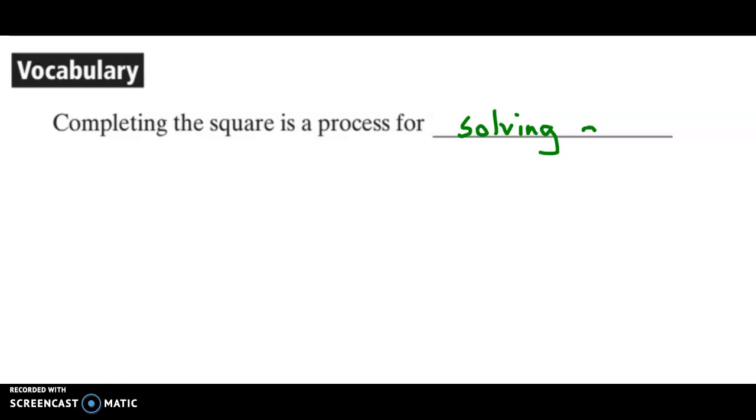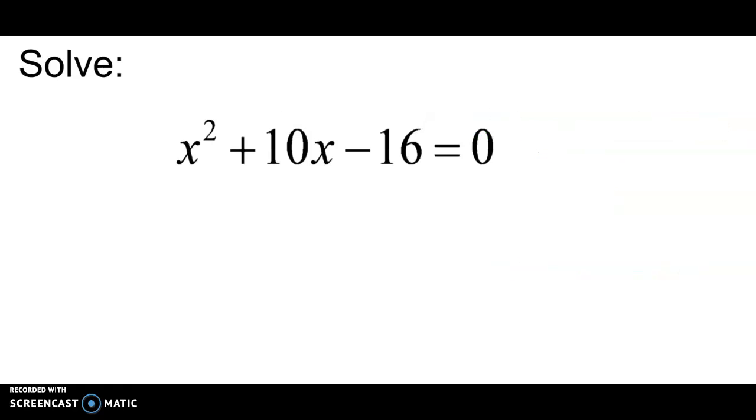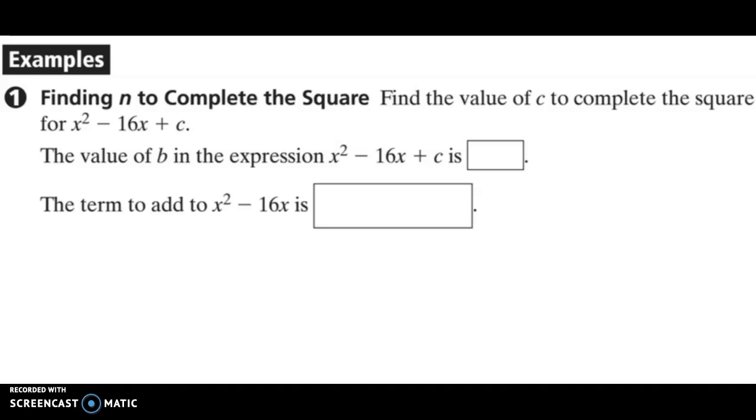quadratics. And again, I know it's been a little while since we've been at school. So just to review, a quadratic equation is any equation in the form ax squared plus bx plus c. I'm going to jump over this. The first thing we're going to look at is some step-by-step instructions on how we have to set